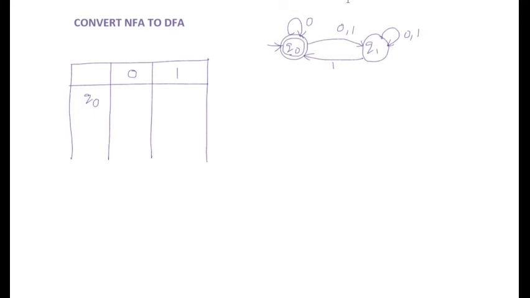In the given NFA, there are two input symbols, that is 0 and 1, so that we have taken three columns. Starting with the Q0 on 0, it is moving to the two states, that is Q0 Q1. Q0 on 1, it is moving to the state Q1, so that we need to specify Q1 here. Now we got two different things here, so let us introduce them as new states in the first column.